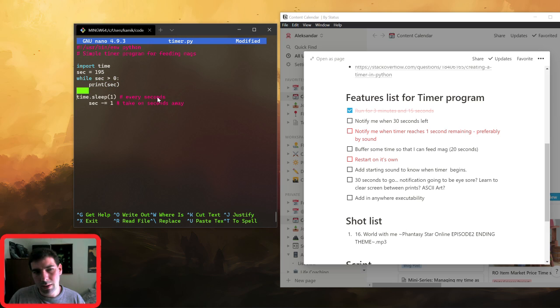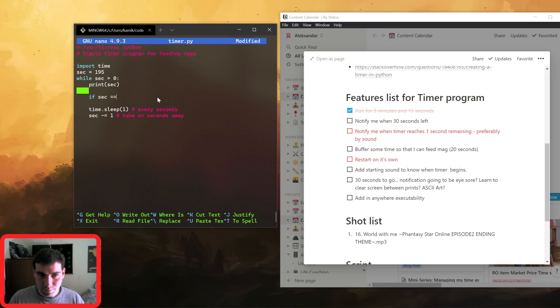At the moment, if we put some space in between there so that we can work with a new if conditional statement here, we can add in an if condition, where if the timer reaches 30 seconds, if at any point sec